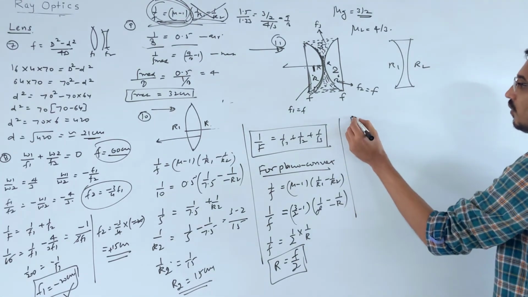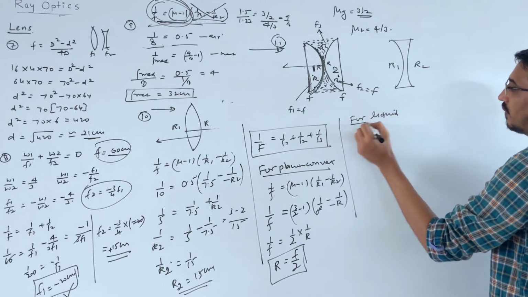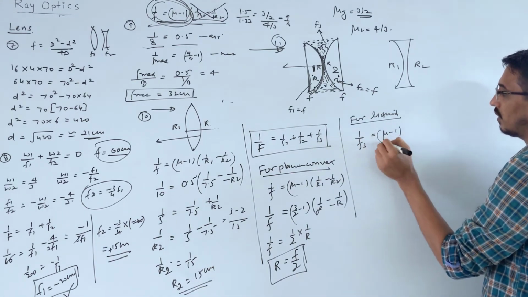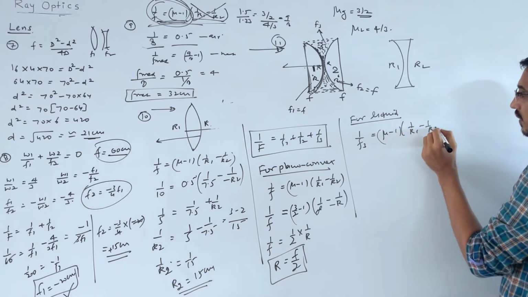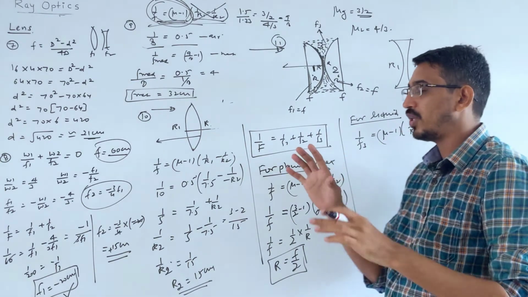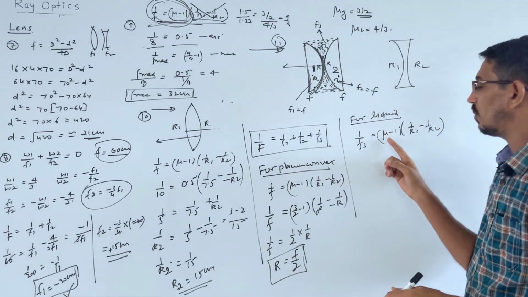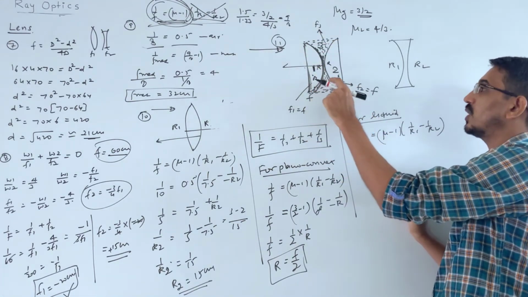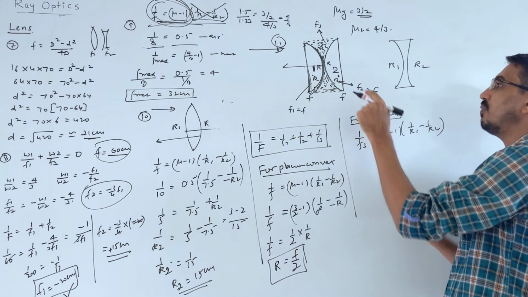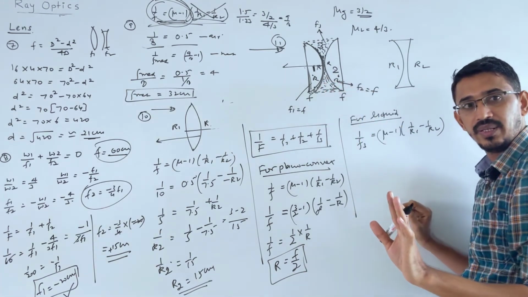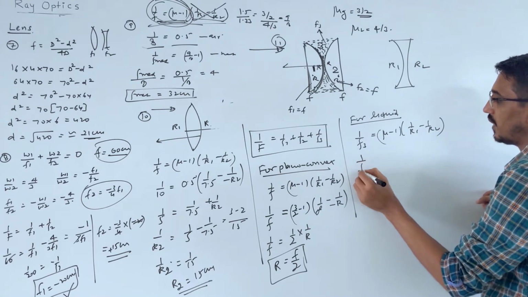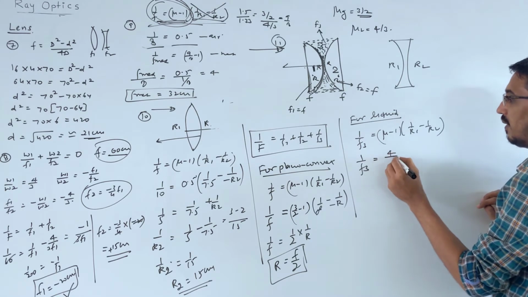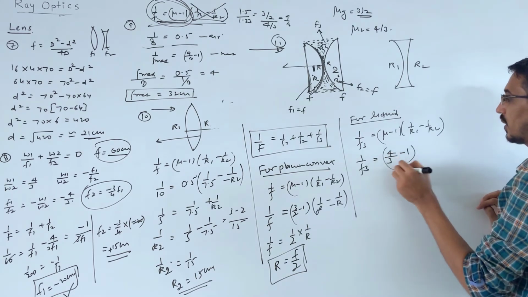So now I am writing for the liquid lens. Same formula I want to write: 1 by f3, we are calling, is mu minus 1 into 1 by r1 minus 1 by r2. Now here you have to give attention. When you put a lens inside a medium, how do you write? Mu of the lens by mu of the medium. But you have not put any side inside a medium. This is itself a lens only, okay? So this is also placed in air only, right? So mu will be of the liquid lens by air only. It's very, very important here. So 1 by f3 we want to calculate. Mu of this liquid lens is how much? 4 by 3. By air is 1 only. Minus 1. Look here.